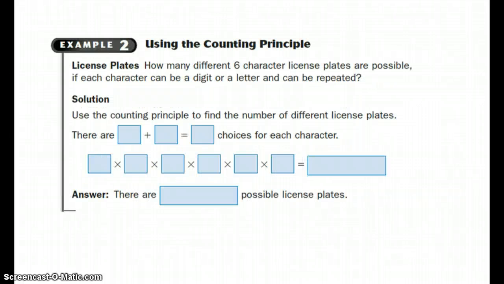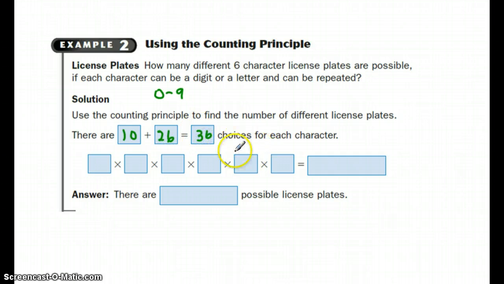Let's take a look at another example. Here we're looking at license plates, and we're trying to figure out different 6-character license plates. How many are possible if each character can be a digit or a letter and can be repeated? Well, if we think about this, we're going to use the counting principle to find the different number of license plates possible. So digits are 0 through 9, and if we count the number of digits including 0, there are going to be 10. There are 26 letters of the alphabet, so we're going to have a total of 36